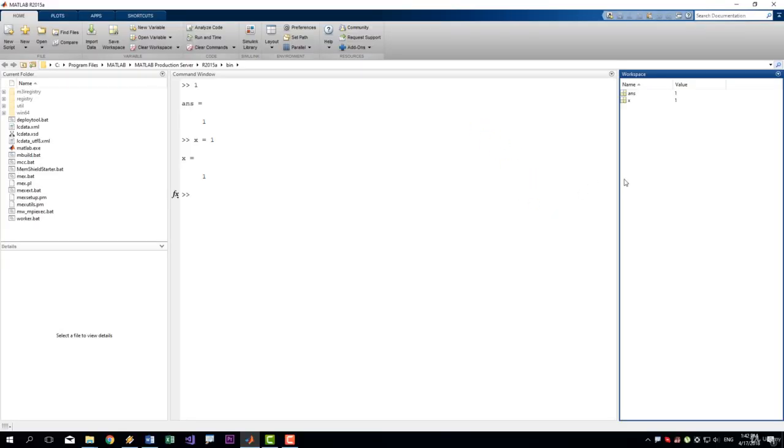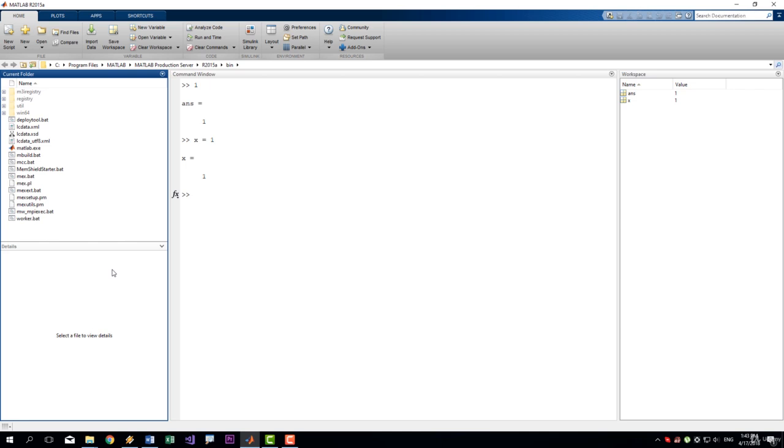So you can use the workspace to quickly check what is currently going on with your code, what variables you have initialized, or what their values are. When we get to working with vectors, you will also be able to see the size of your vectors or your matrices. So the workspace is a valuable tool. You can use this information to quickly find out if there is a problem in your code. Since you are writing your own code, you know what to expect. And with a glance at the workspace and the values or sizes of these variables, you will immediately know if something is wrong.